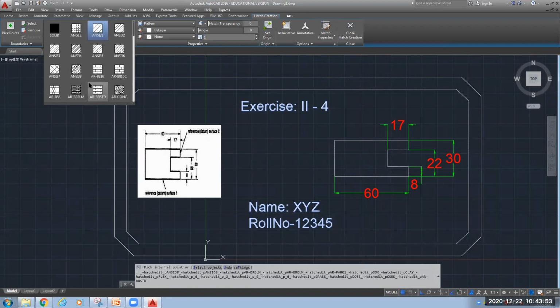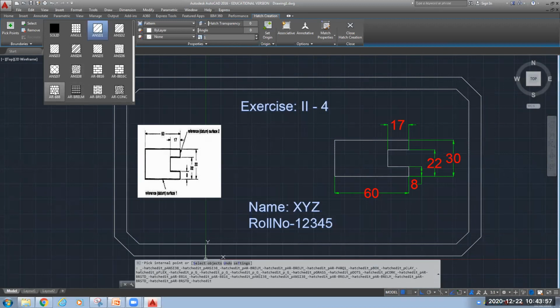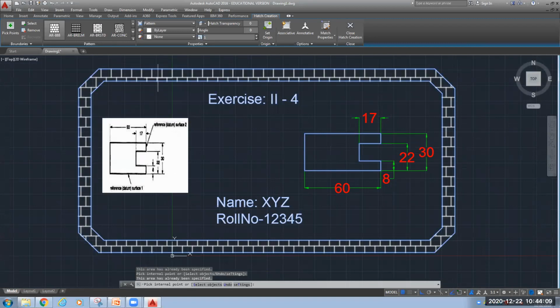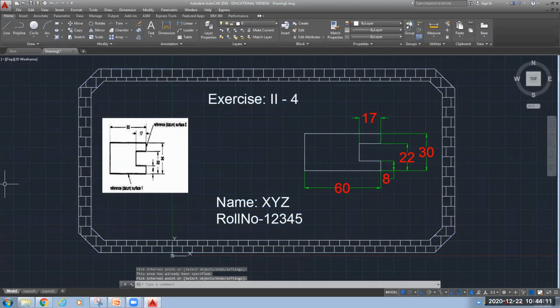So let's choose any, you can choose any one of them. Let's go with this one. Select the internal point. Why is it not showing? So this is how you can do the hatching. If you don't like it, you can change it. Control Z.